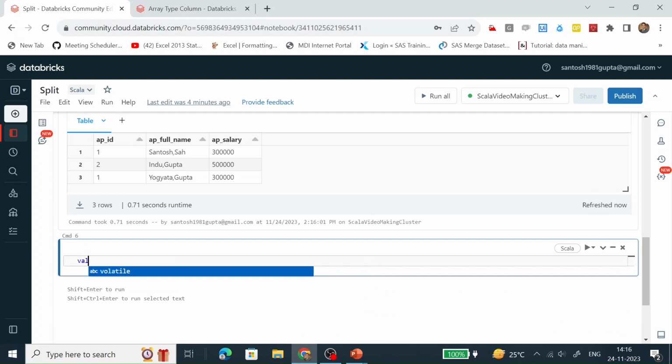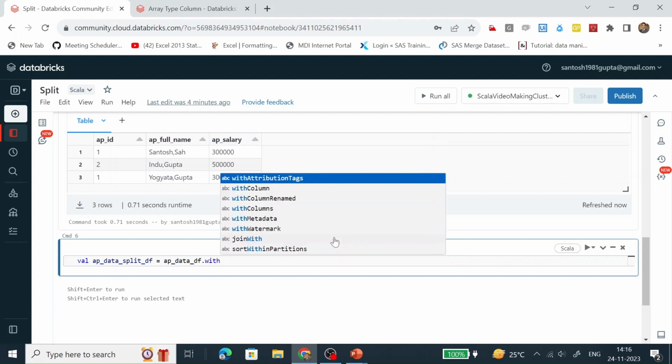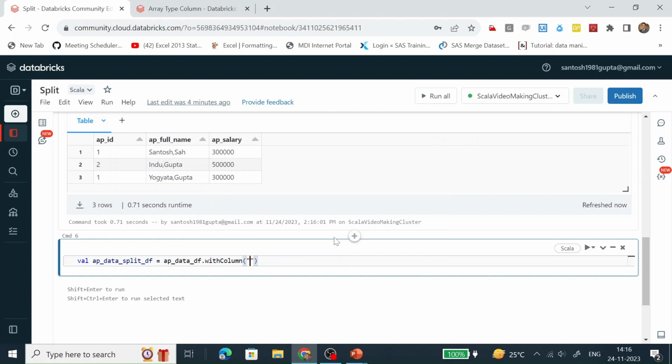So let me create another data frame. How am I going to split it? First I am creating a new column, and the name of the column is AP split full name.